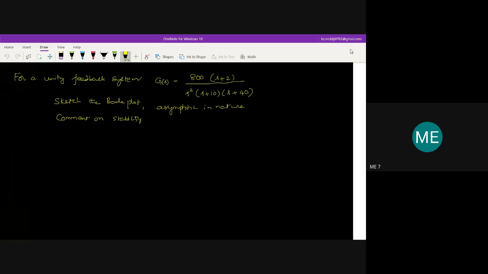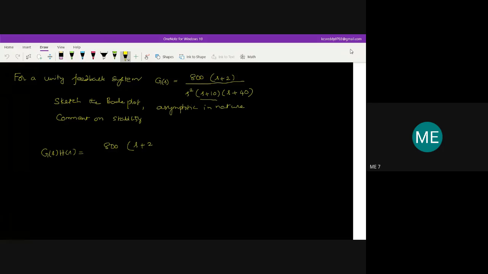So the Bode plot consists of two plots, that is the magnitude plot as well as the phase angle plot. In order to find the magnitude for each factor, the first and foremost thing you need to do is make the G(s), that is the open loop transfer function, in the time constant form. So look at whether the time constant form is there or not. It is not there. Time constant form is nothing but the 1 plus Ts form. So first write down G(s) H(s) is equal to 800